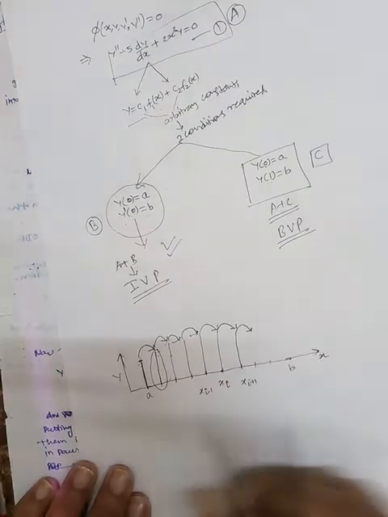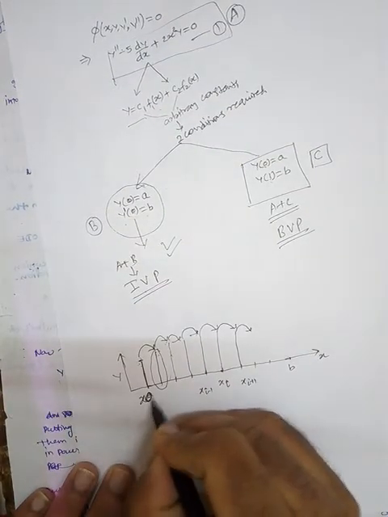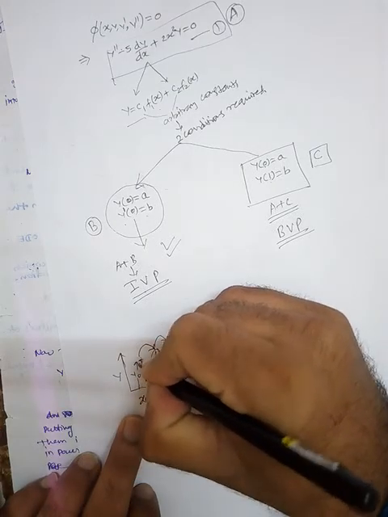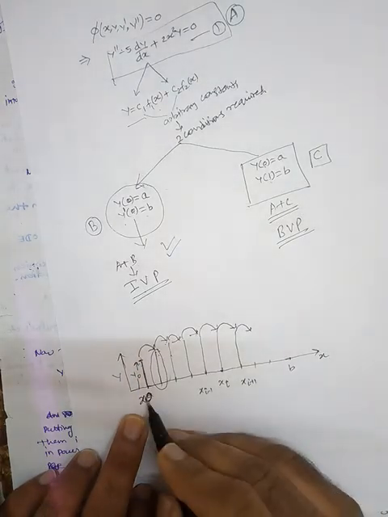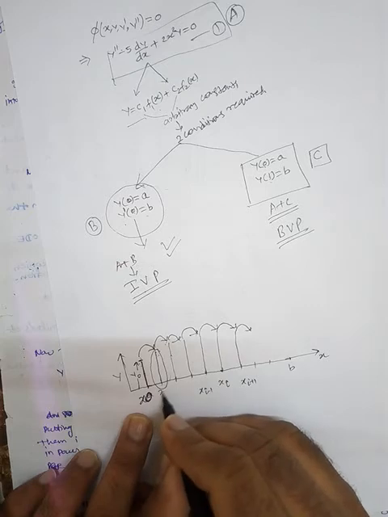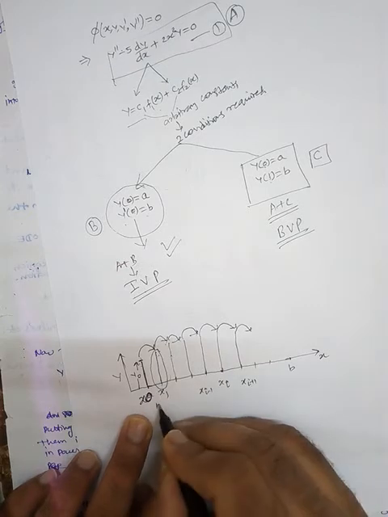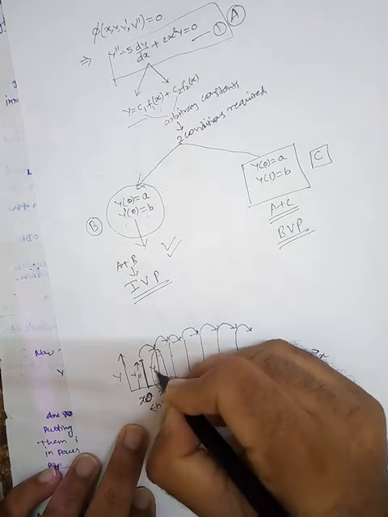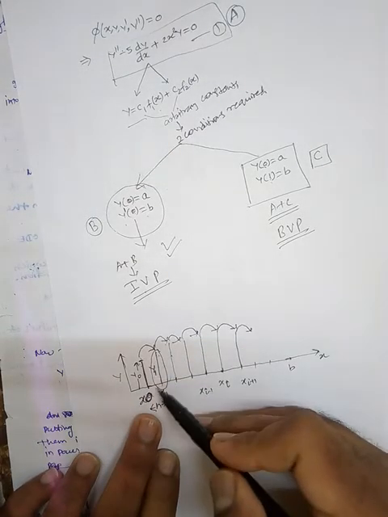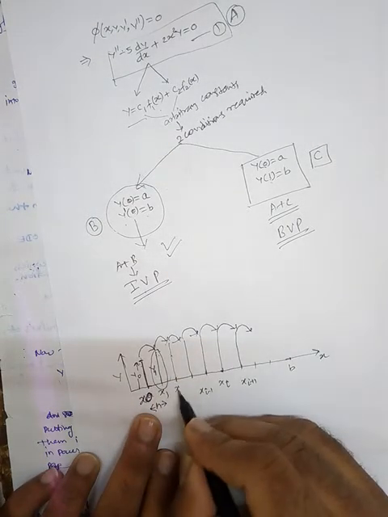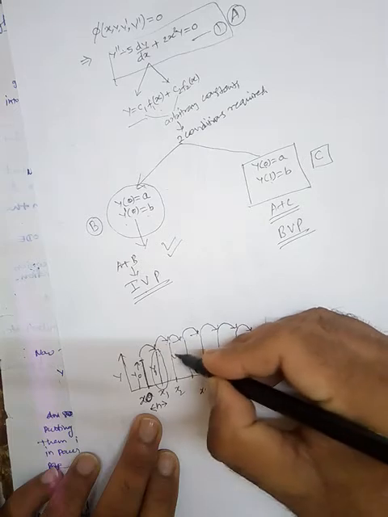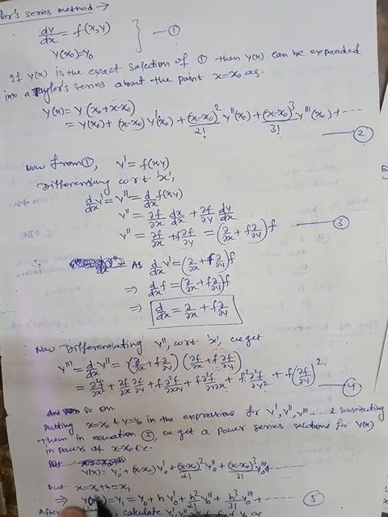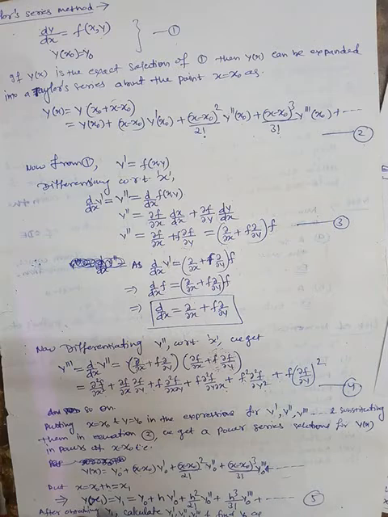So remember this one. Suppose this is your x naught. This is already given to you, y naught here. Okay, so now you put x naught plus h. This will give you x1. The distance between these two is h. So this will predict y1. Once you have y1, then use this information to get the solution at this point, that means y2, and so on. Fine. So put x equal to x naught plus h, that means x1 herein.